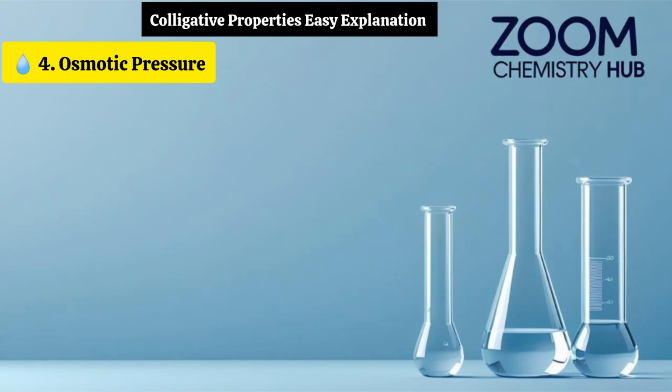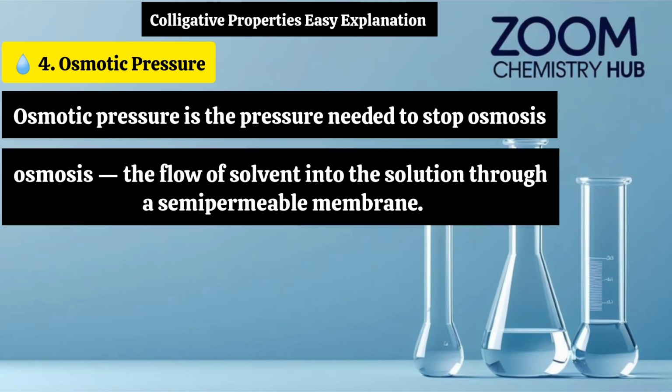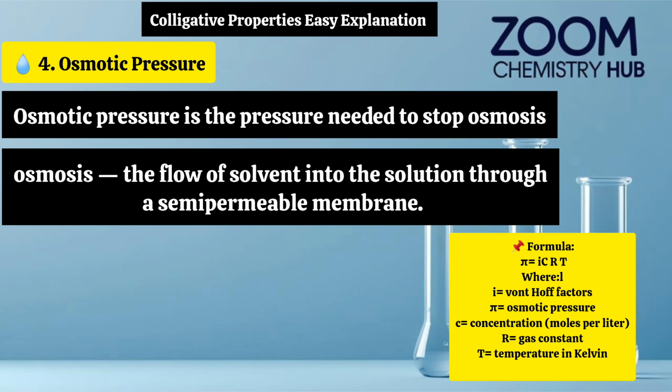Next is osmotic pressure, the last and fourth colligative property. Osmotic pressure is the pressure needed to stop osmosis. What is osmosis? It is the flow of solvent into the solution through a semi-permeable membrane. The formula for osmotic pressure is pi is equal to iCRT, where i is the